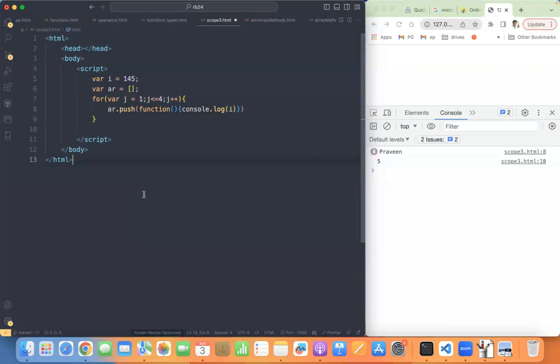I am pushing a function into the array. I am not calling this function. I am pushing a function. So what is AR now? What will be there in the AR?